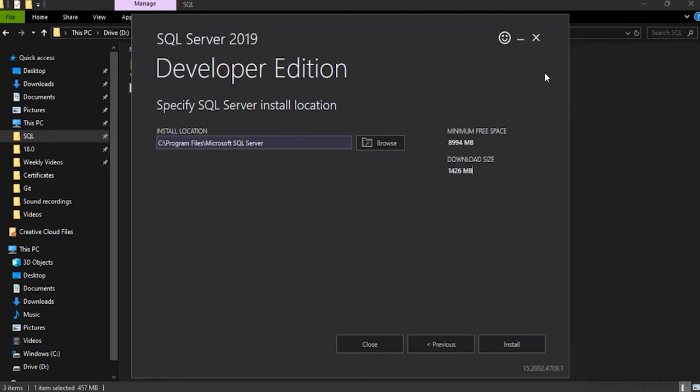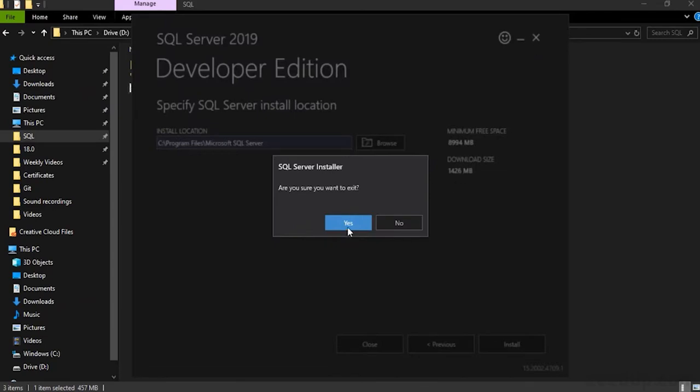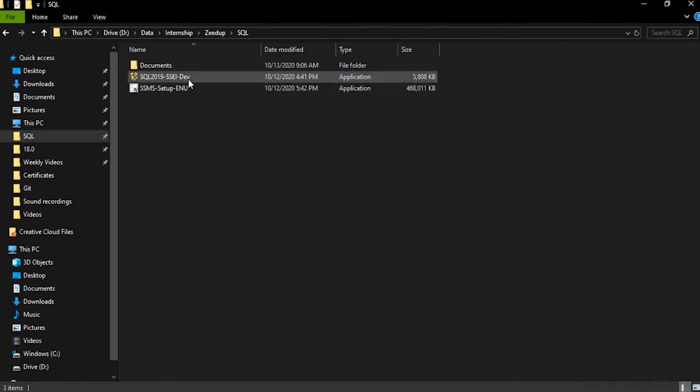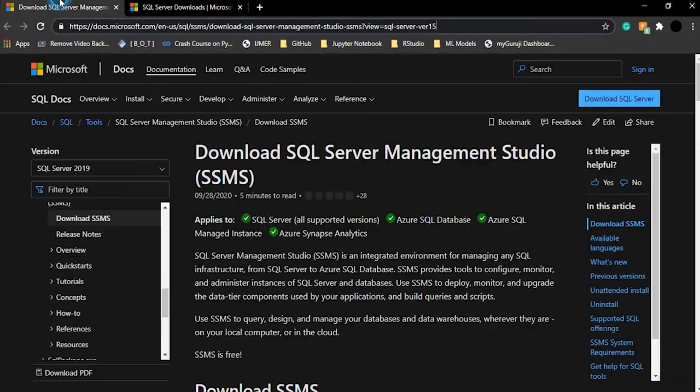After that we need to go and install the SQL Server Management Studio. There is an option from where, using SQL Server only, we can install the SQL Server Management Studio, but we are going to use a separate link for that purpose. So whenever there is an ending screen, you just need to click on close from there. And yeah, after this Developer Edition, you need to go to the second link, which is this one,